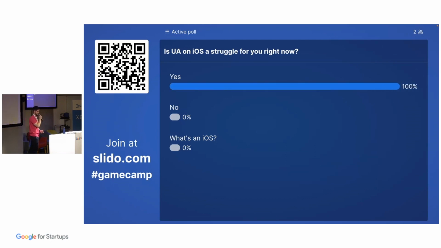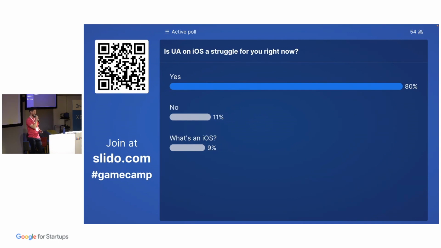If no, if it's super easy, then I want to talk to you after the session. But okay, there's a couple that say no. Nice, a couple of trolls here. But I guess it's pretty unanimous that iOS is kind of a struggle for most of you.